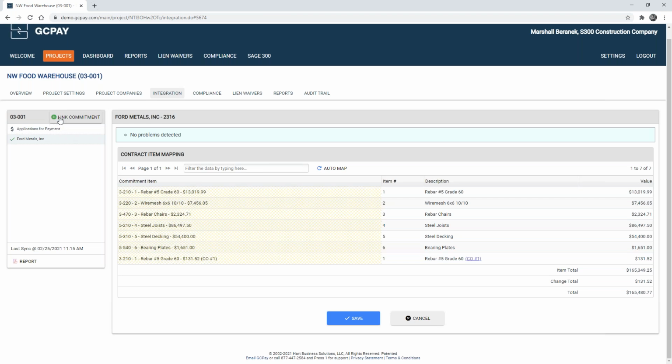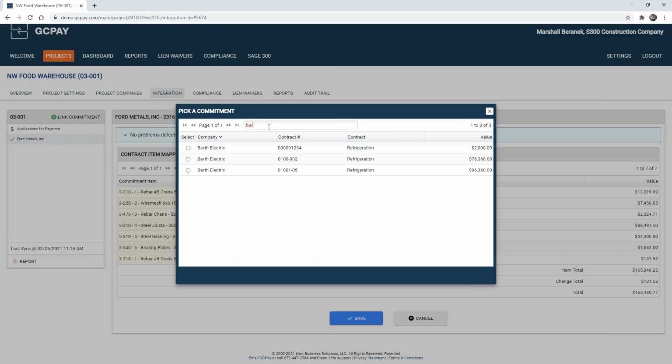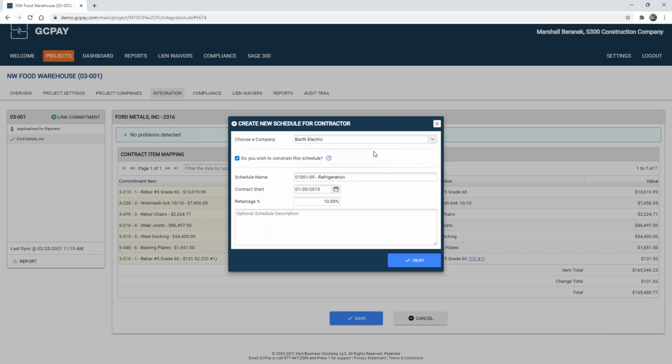Now, if we come and link a commitment to another vendor, we can show how we could also provide a lump sum contract. And so I'm going to select this contract for Barth Electric. And so the difference is that we are going to constrain this schedule. And you'll notice that it pulls in the schedule name, the start date, the retainage.